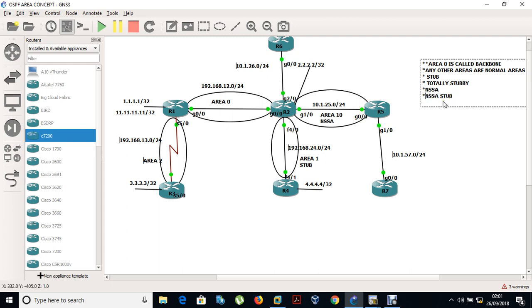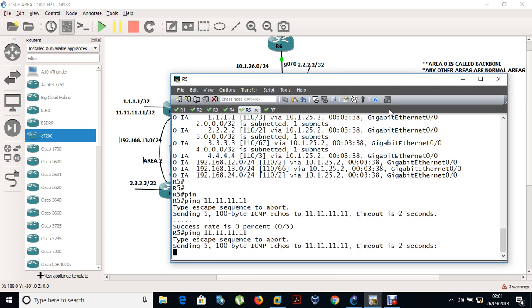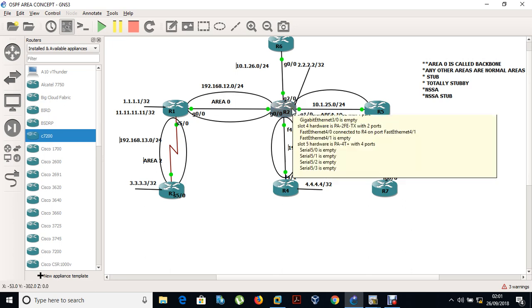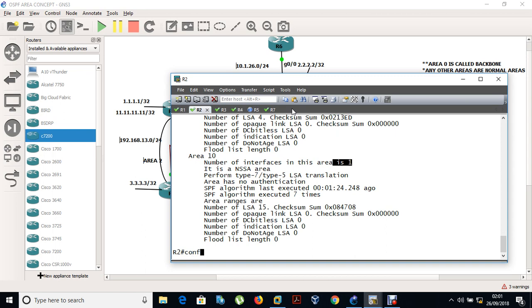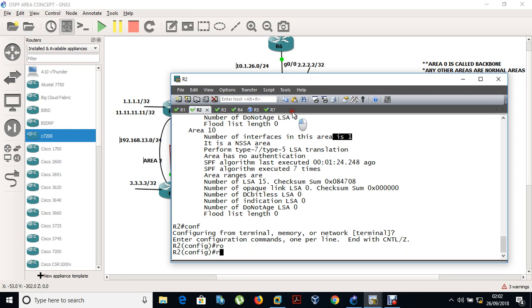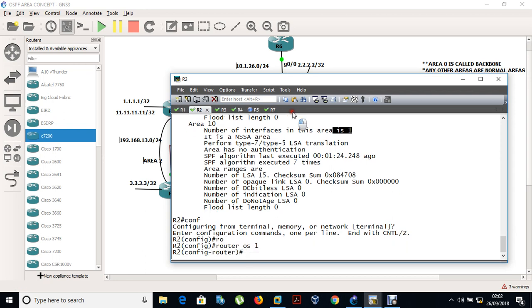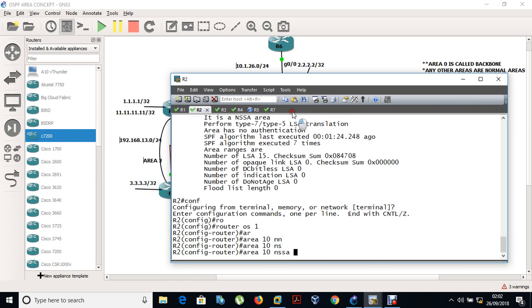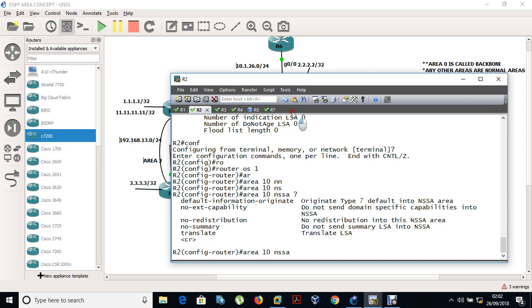So NSSA Stub becomes handy to have reachability on this network, because now R5 cannot reach it whatsoever. So how can we make the reachability? What we are going to do on the ABR, which is here, is configure NSSA Stub, because that command will make NSSA into NSSA Stub. So we're going to go to router ospf 1. We're going to say area 10 nssa, and then we are going to do default-information